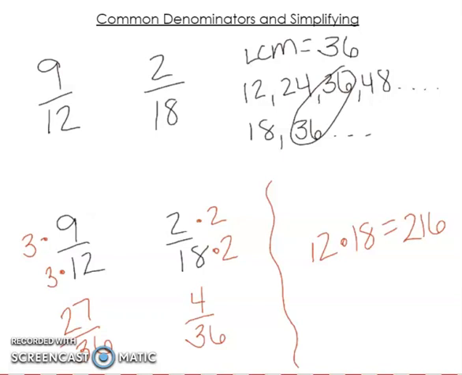So let's look at reducing. Okay, so with reducing, what I'm looking at is now I'm going the opposite way. So I was finding least common multiple for a common denominator. Now I'm going to go backwards and I'm going to find the greatest common factor. So there's a couple of different methods. There are some shortcuts. So one of the ones that I always look for is if they're both even numbers,